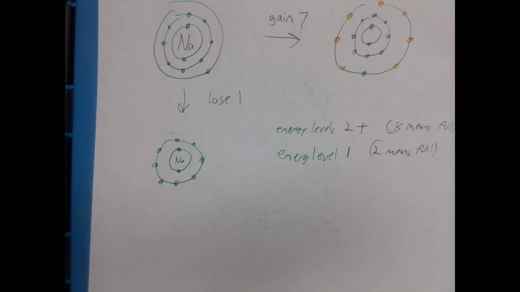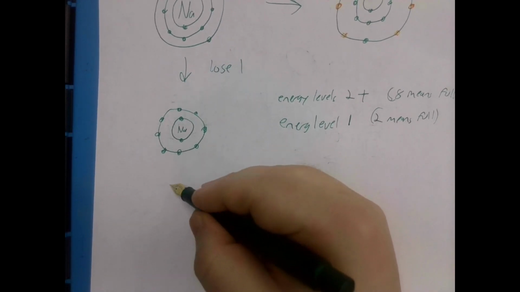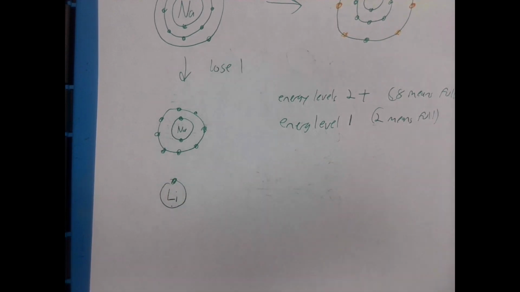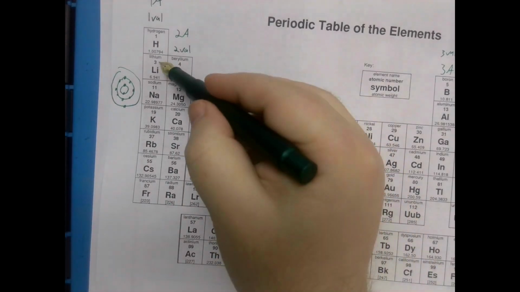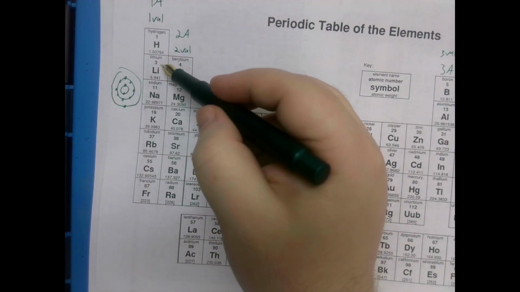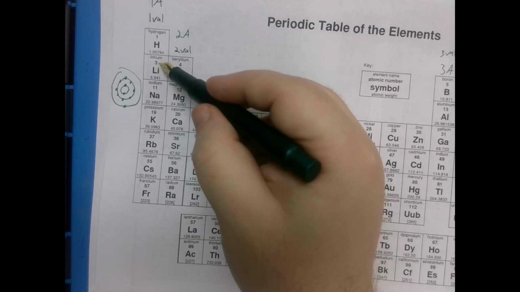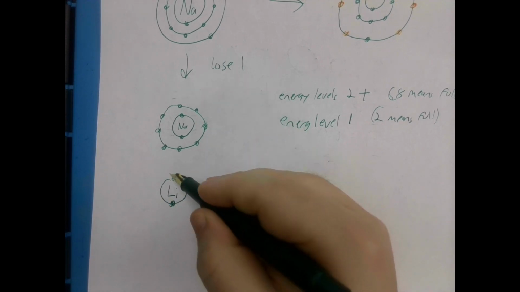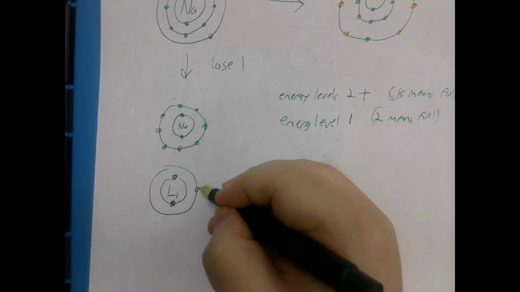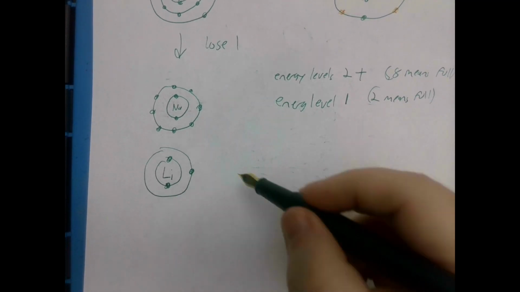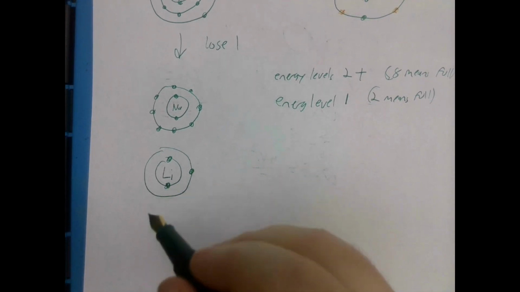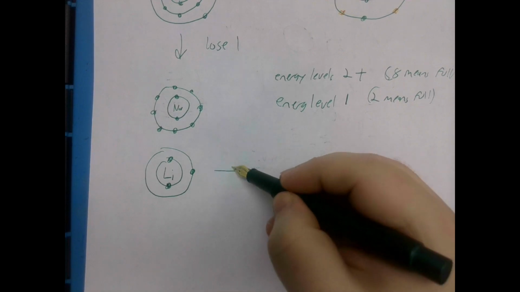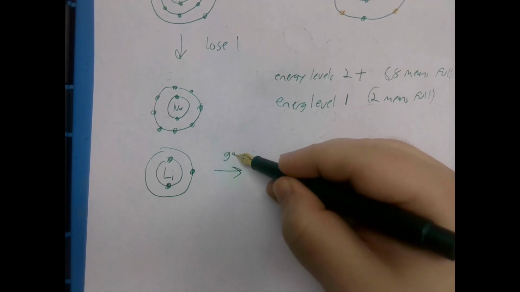So let's look at lithium. Lithium is right above. How many electrons does it have? Same number as protons, 3. So the inner one can only hold 2, and the outer one's here. So again, it can do one of 2 things. It wants to have a full outer shell. It can either gain 7,